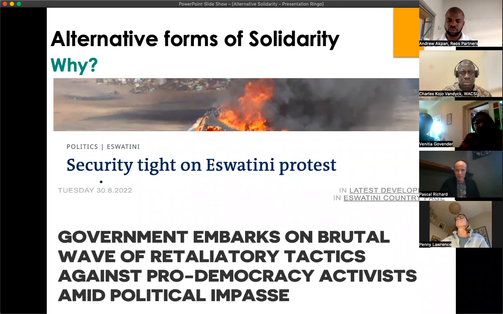First and foremost, very few people know about what goes on in the country or what has been happening. There's been a complete clampdown on media, and it's a small country. So the international media is spoiled for choice in terms of what they could be covering, whether it's the war in the Ukraine or some of the political dynamics in South Africa or Zimbabwe, for that matter. So Swaziland is a very small member of Southern Africa, and we thought it would be really interesting to see whether we could